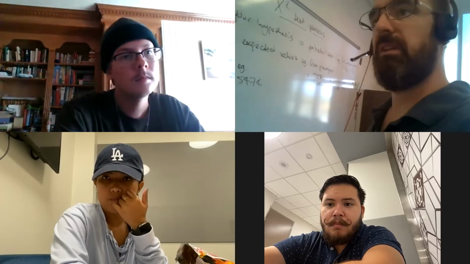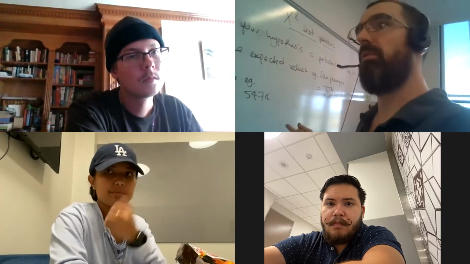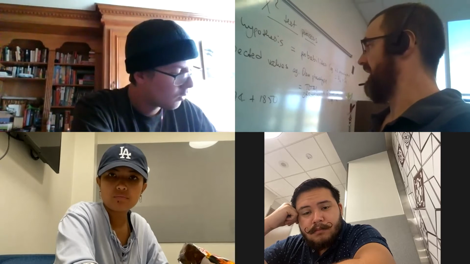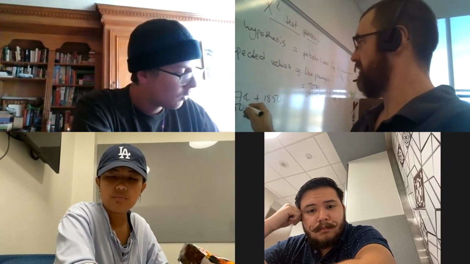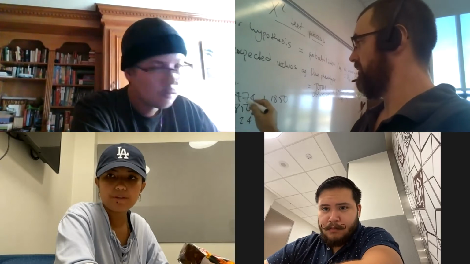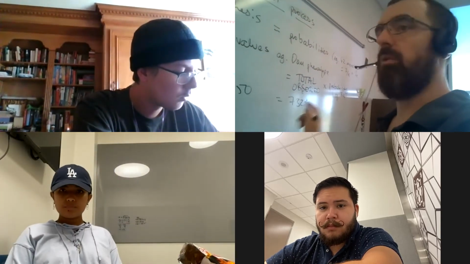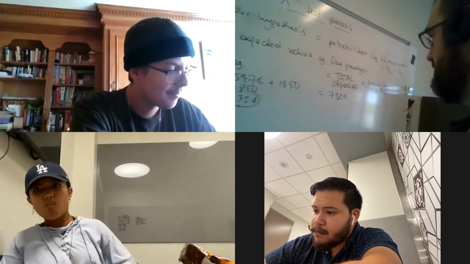So the total observed is the total of both phenotypes observed. If we're dealing with a monohybrid cross and 2 different phenotypes, obviously if it's a dihybrid cross, there'll be 4. So the total is that, which is 5474 plus 1850, that's 7324. Showing you my mad mathematical skills. That's about the limit of it, to be honest.